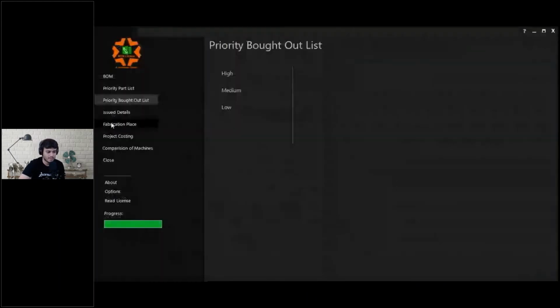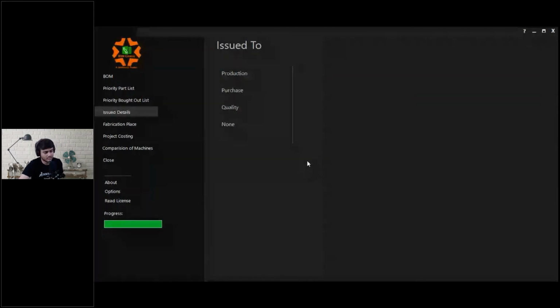Going further, we were talking about the release of drawings, right? So now we have different departments. Design is supposed to release the drawings again and again, right? So now, there could be different departments of production, purchase, quality, and any other department. So now, as a designer, it's my job to make drawings and release, but I'm not supposed to release them again and again, right? So this feature will help you keep a track of everything.